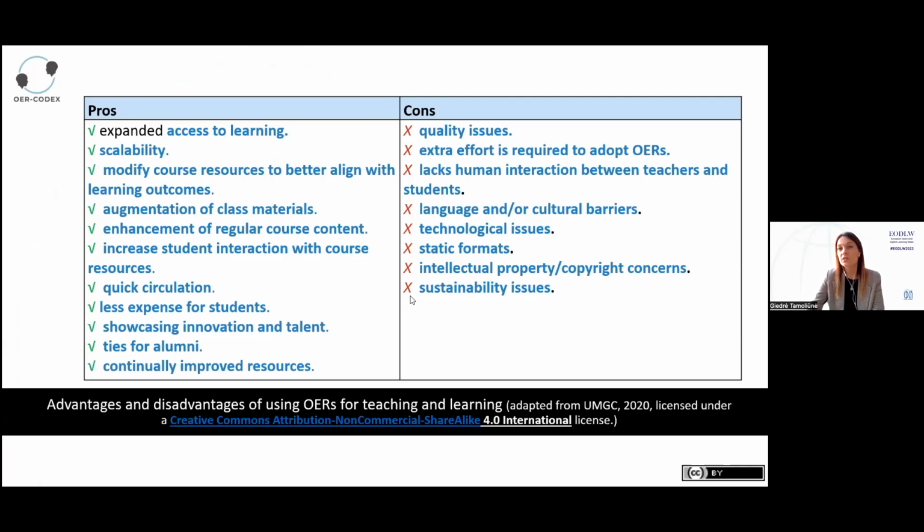Of course, in the training material, we overview the advantages and disadvantages of using open educational resources for teaching and learning, and we try to present information on how open educational resources might support educators and institutions, and at the same time, what teachers should keep in mind when being aware of the disadvantages that open educational resources might raise.